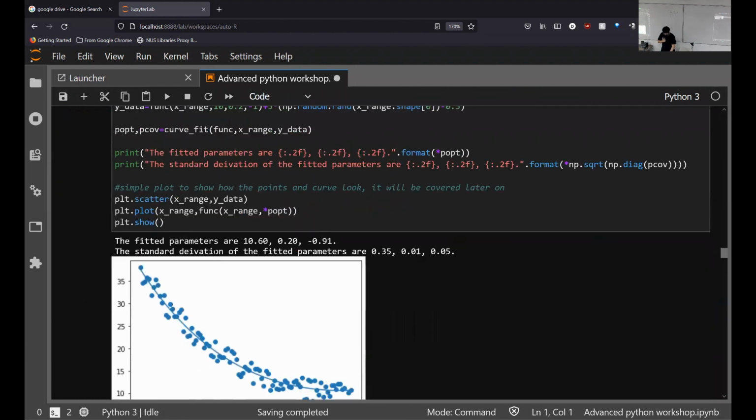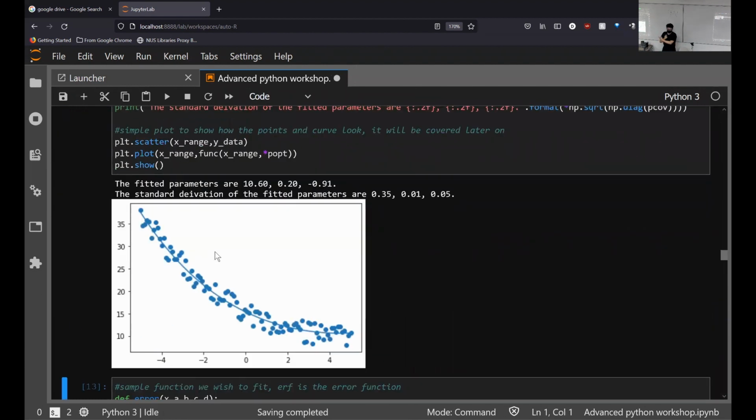Yeah, so if I run it, this is just a quick plot that I show you, where the dots are all our x and y data, and then the line itself is the best fit line. The best fit line in this case will be the line that gives us the least square deviation, which is like, if you take, for each point,